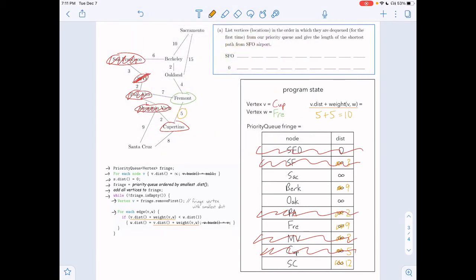Now Fremont's orange value is 10. Again, we notice that the orange value here is not less than the existing dist value for Fremont, because 10 is greater than 9. So we don't do anything to Fremont's